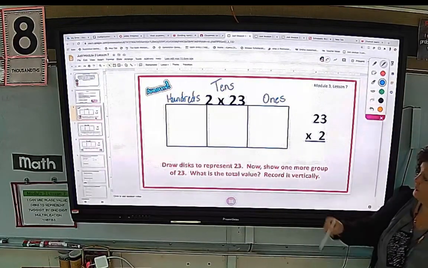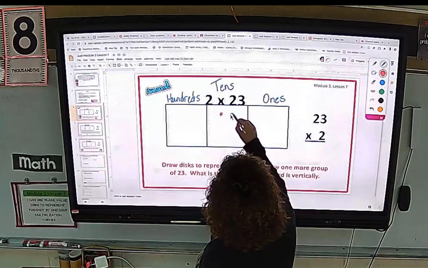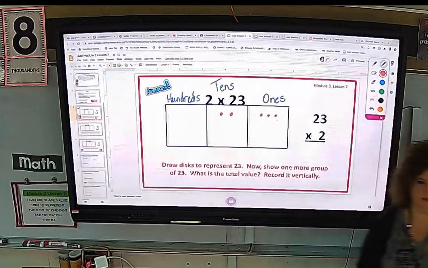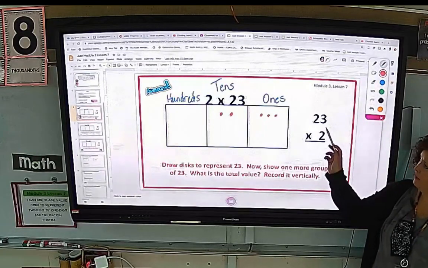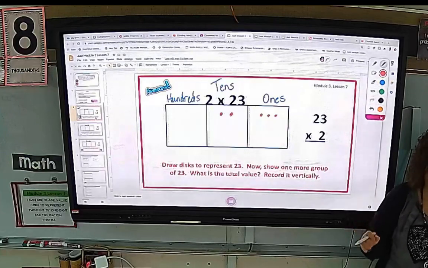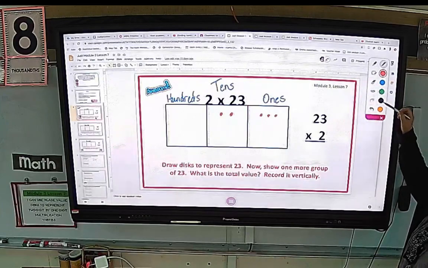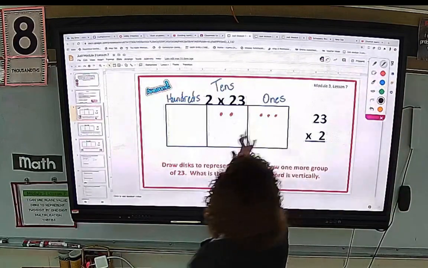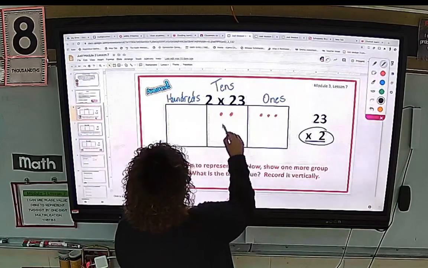So we're going to put 23 on here, simply with 2 tens and 3 ones. That was super fast, wasn't it? Okay, 23 is on there to start with. Now we've got to show 23 on there 2 times. Here is where we are actually doing the multiplying. So I'm going to change its color just to show we have done this and we didn't start with this many. All right, so if I'm going to show it on there 2 times,